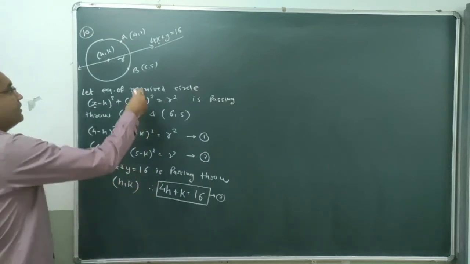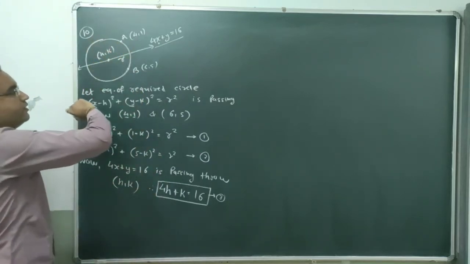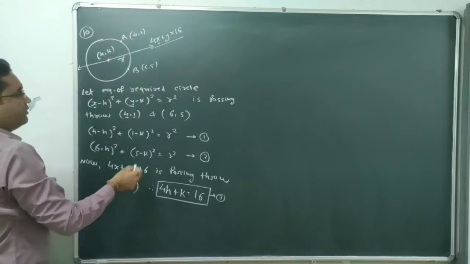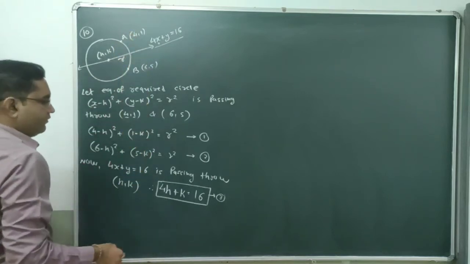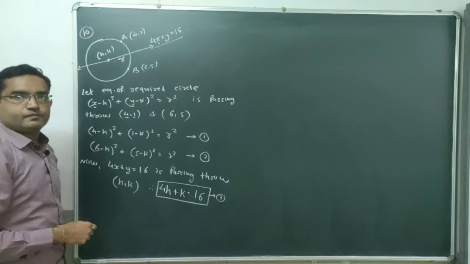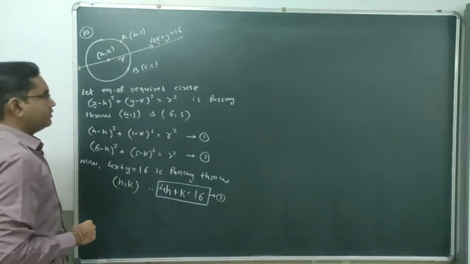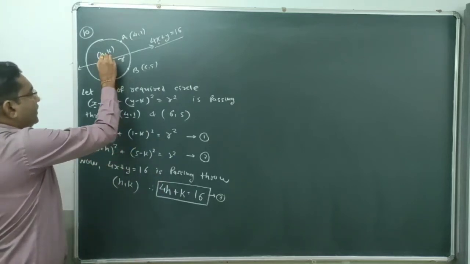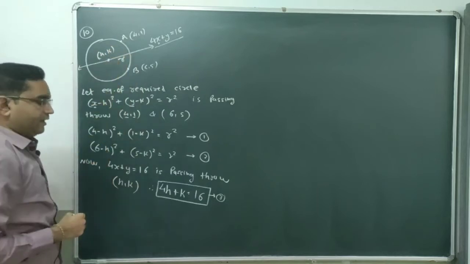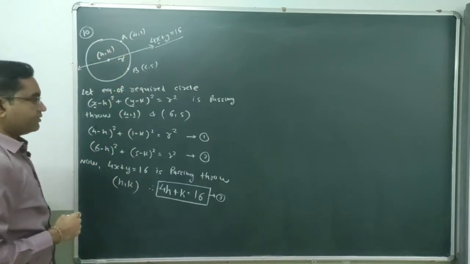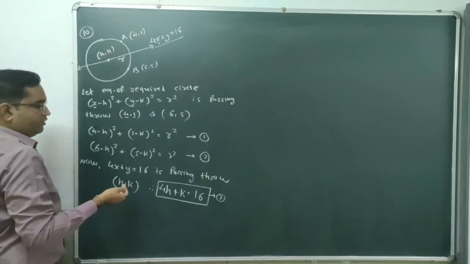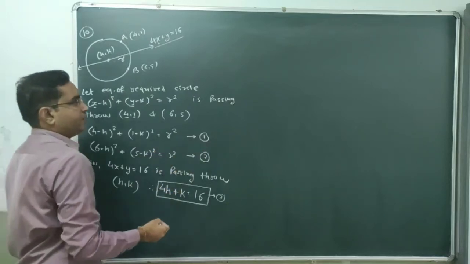3 data regarding this circle is given, and from these 3 data we derived 3 equations. Now from these 3 equations we have to find the values of h, k and r. So let's start the solution. First, from equation 1 and 2,